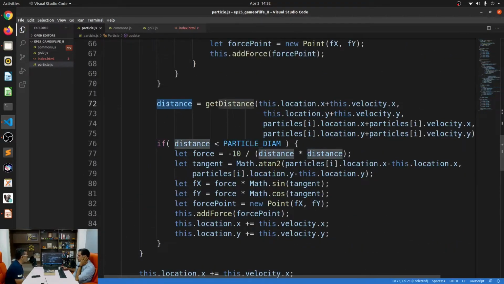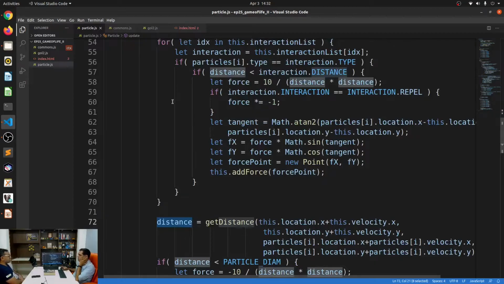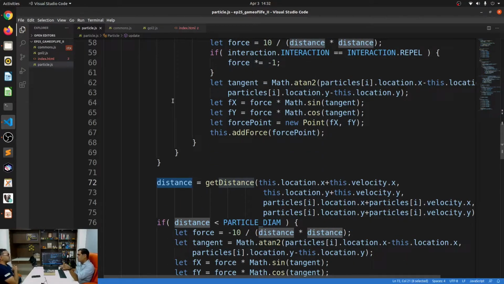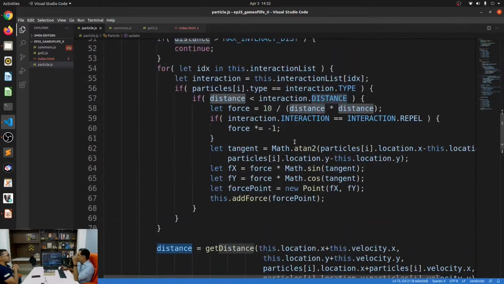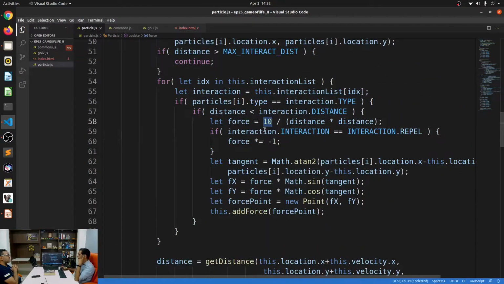We already have this distance, right? Or we can take a particle and see how many particles are there within a specific radius. If there are more of them, we can reduce the intensity of the force. This 10 over here we have chosen arbitrarily. We can say that if there are more particles within a specific distance, then your intensity becomes less or more, or whatever we choose. Absolutely. Or should we leave that as something that we will upload to GitHub and allow you to play around with?